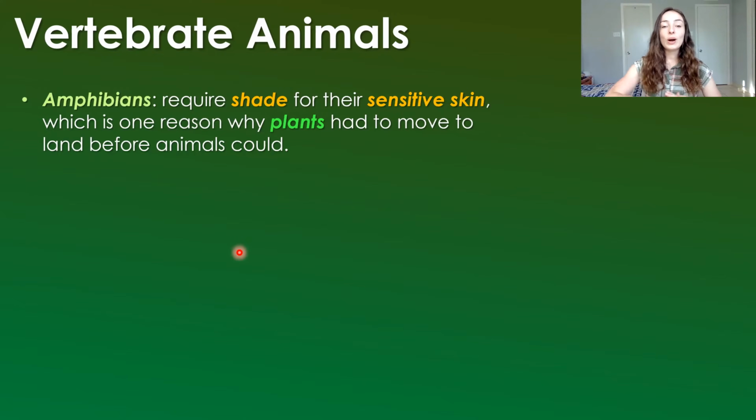Well, amphibians required shade for their sensitive skin, and that's one reason why plants had to move to land before animals could, because amphibians had to be that first step, and they had very sensitive skin, and therefore wanted to retain as many of their aquatic or semi-aquatic traits to gain protection in the water from the sunlight. But when plants evolved and trees especially evolved, like canopy cover, these amphibians could move out onto the land and